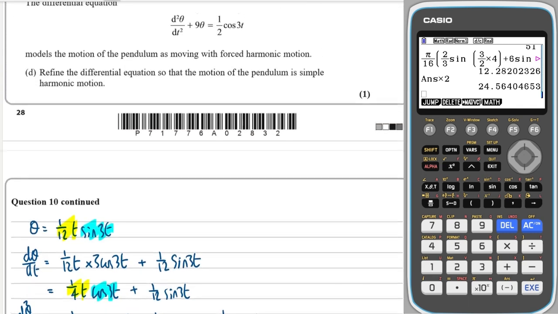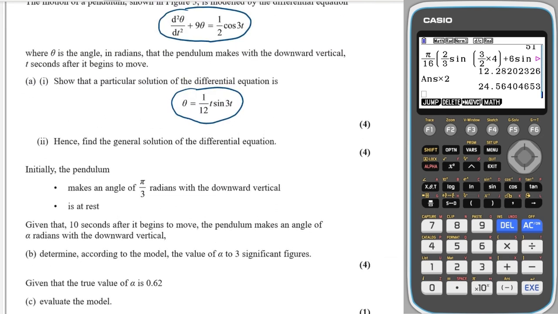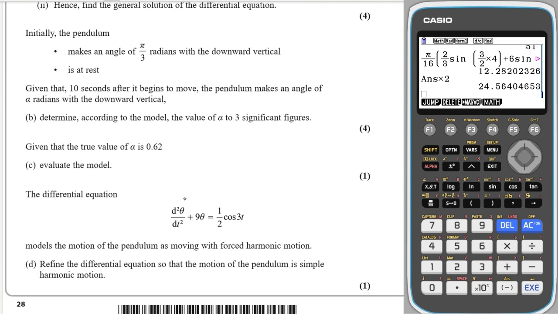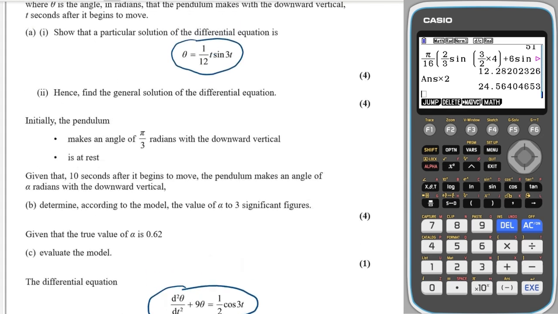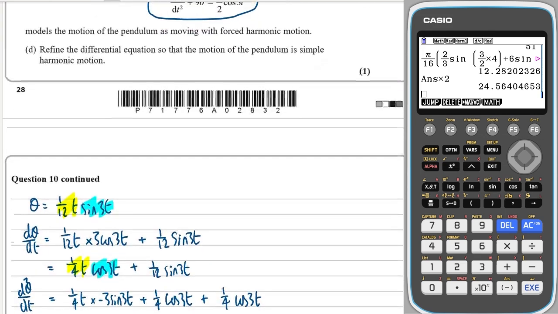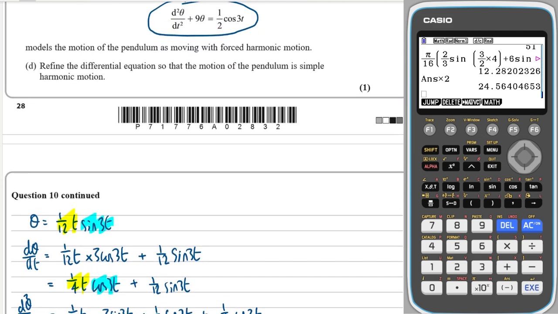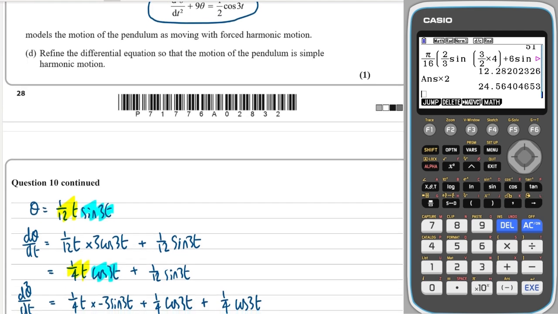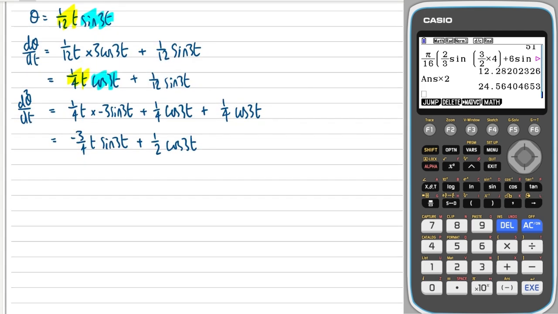Okay, now I've got those, I need to sub it into my differential equation, which is the same as that one, I believe. Yeah, so I'll just use that there. Okay, so subbing it into that, we've got second derivative plus 9 lots of the first derivative. So the second derivative was this, and then plus 9 lots of the first derivative, so 9/12 is 3/4 t sine 3t,